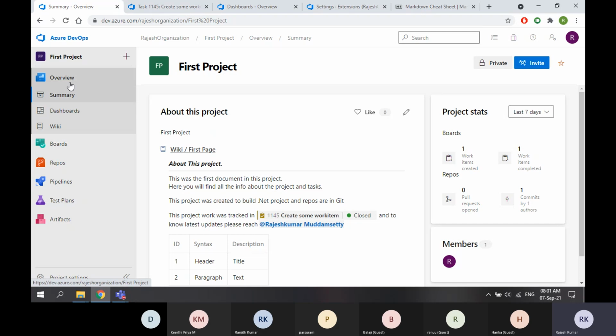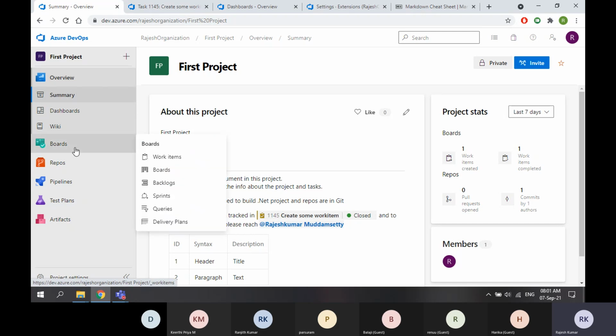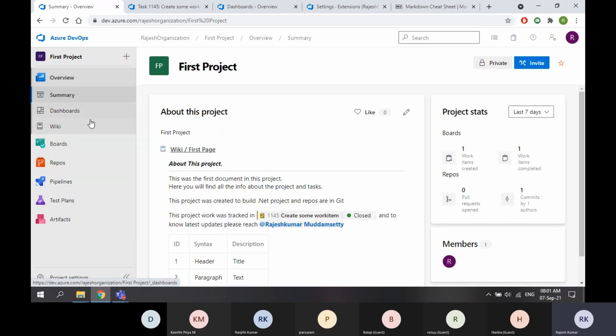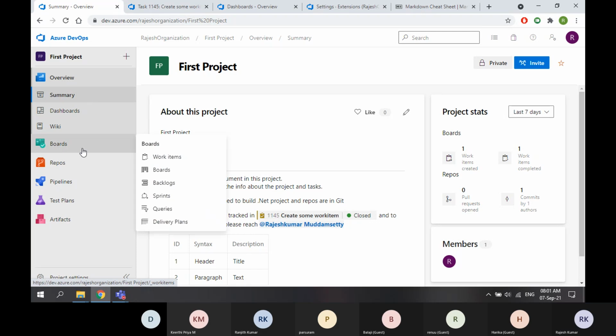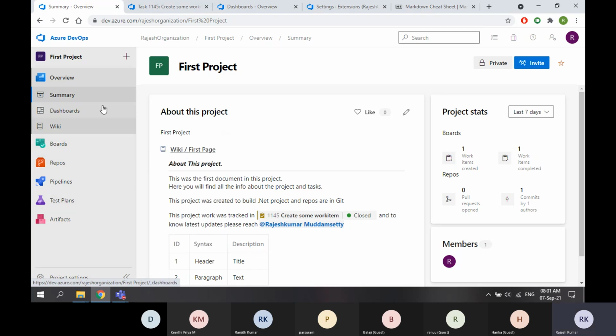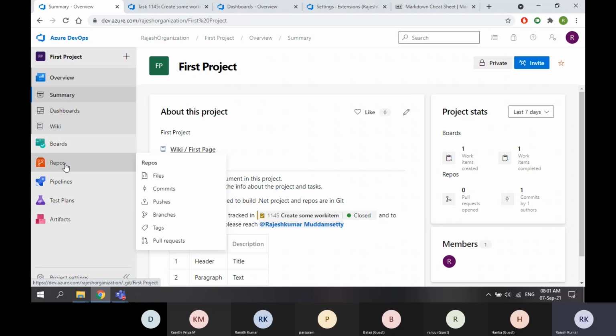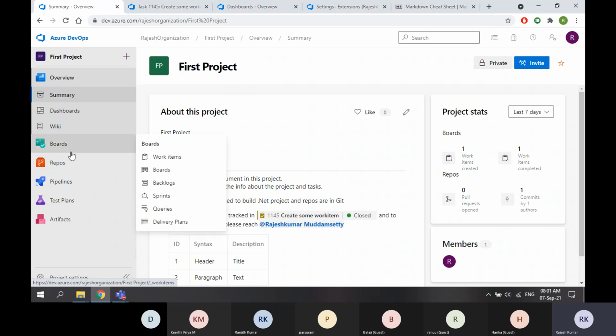So the overview section is very, very important because you can turn off these five services, but you can't turn off these services. They are for global purpose. They are for everyone. So if you are not a developer, I can stop repos for you. If you are not a team lead, or if you are not working on any task, I can stop boards for you.